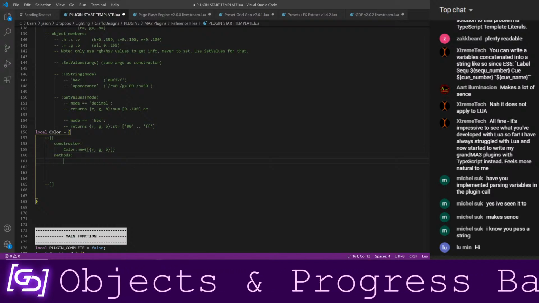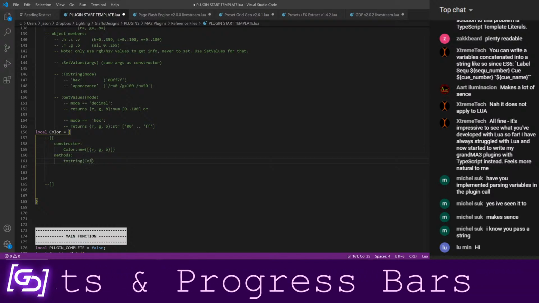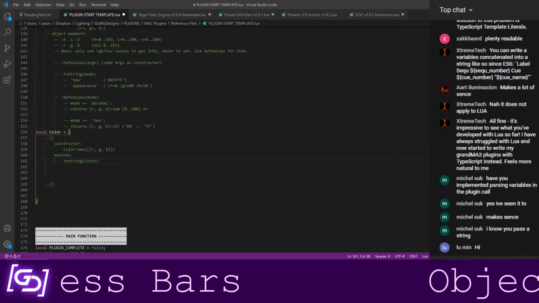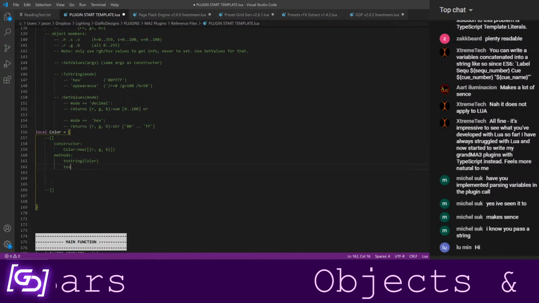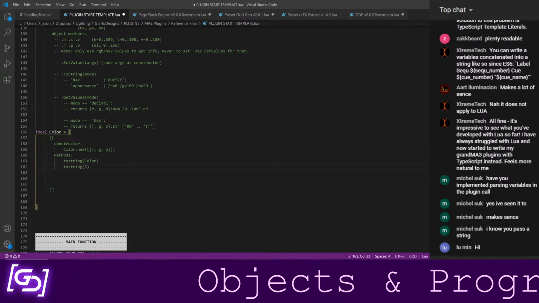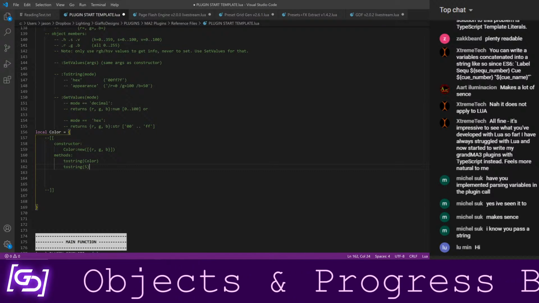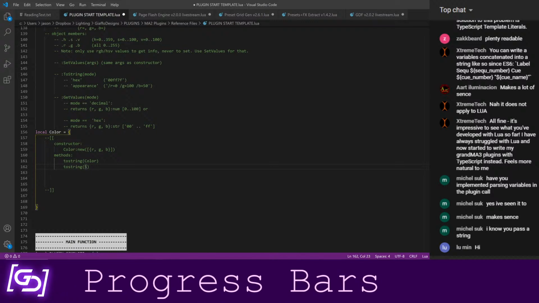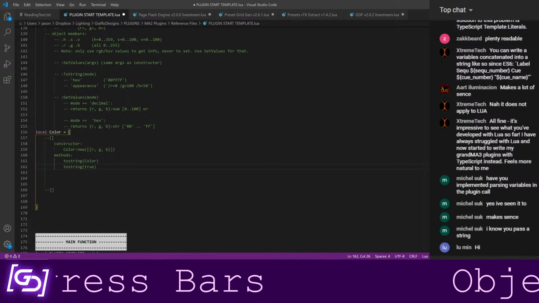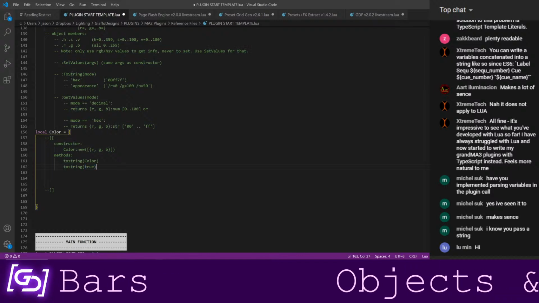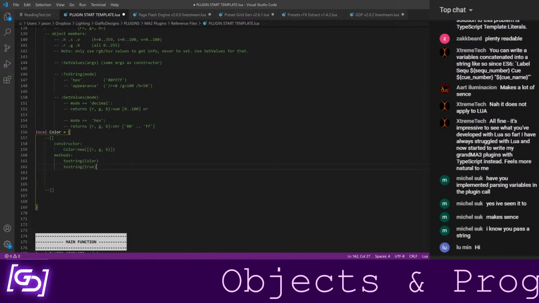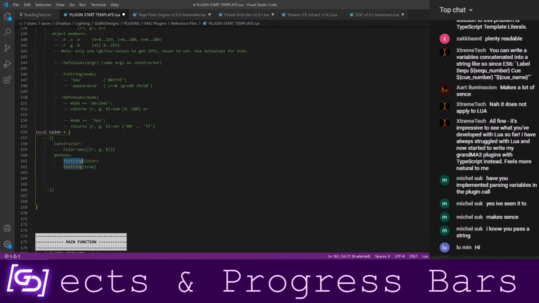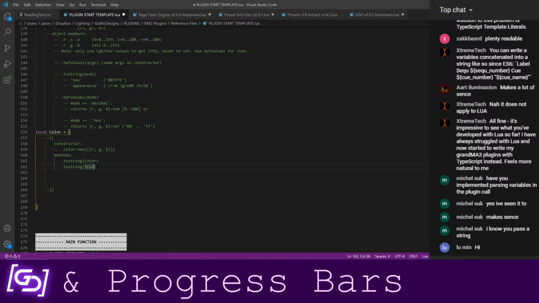Methods, we're going to say tostring. And this is a function that already exists in Lua. So if you were to say tostring of the number 5, it'll give you a string that is the number 5, but it is a string rather than a number value. Or if you were to say tostring true, it will return the word true as four letters instead of the Boolean value true. So you can implement this as a custom function on a table. And I'm going to show how to do that.